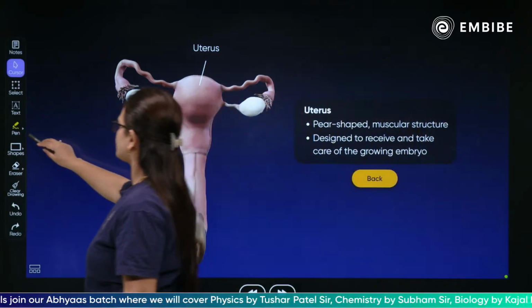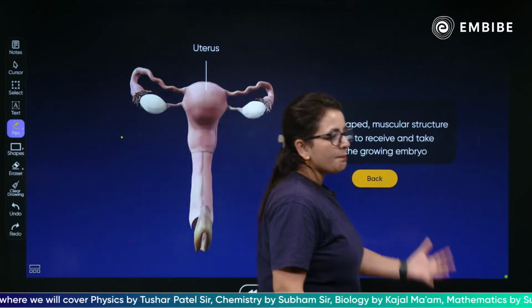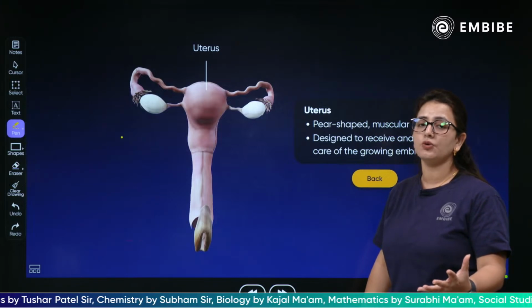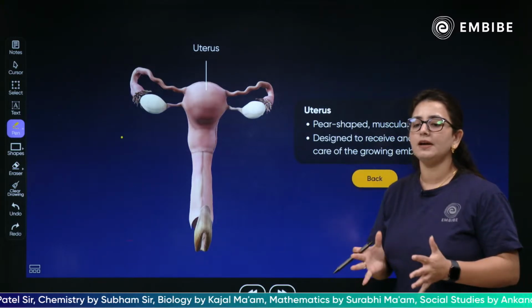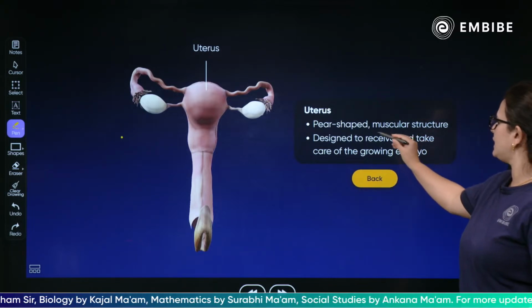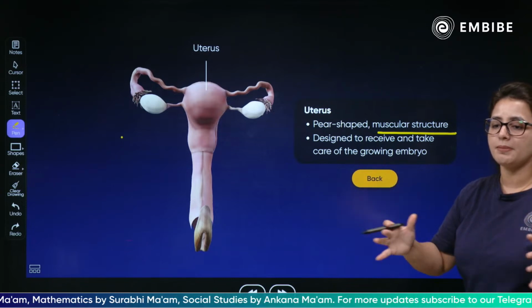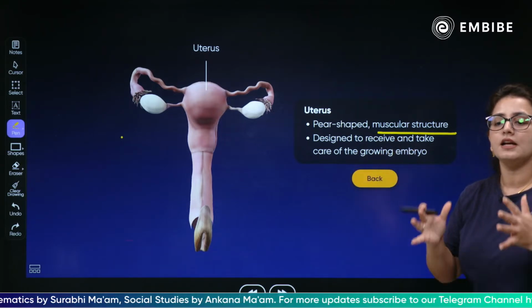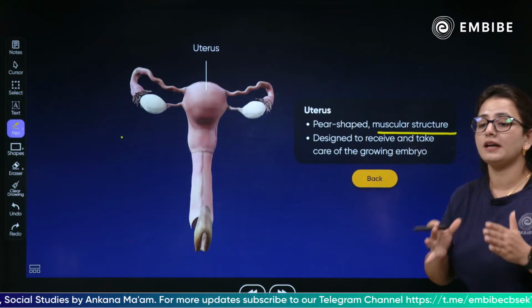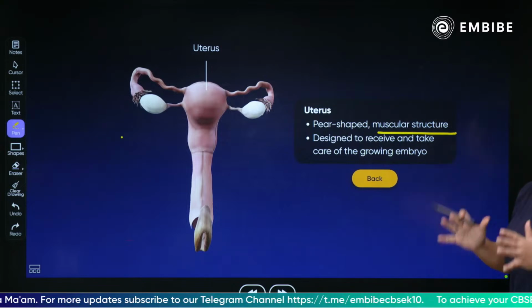What do you mean by muscular? As you know, the baby, the embryo, the zygote is eventually going to implant inside the uterus. The whole development takes place inside the uterus, and the uterus is muscular and easily stretchable. As much as the baby grows inside the womb of the mother, the uterus is also flexible, and that is why it is muscular. It keeps on increasing as the development of the child takes place.